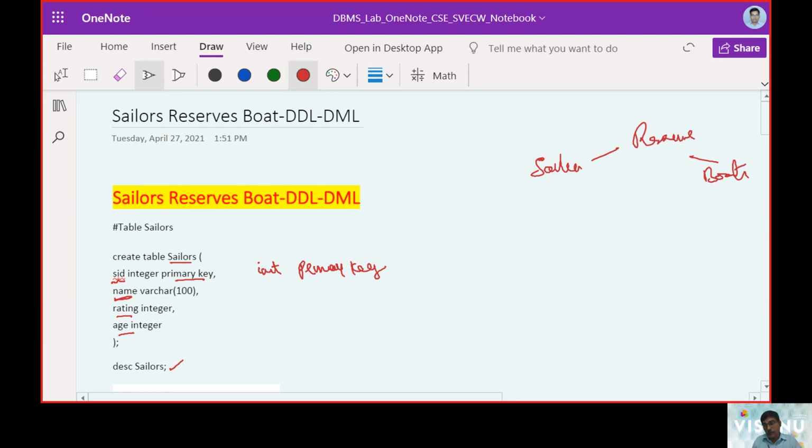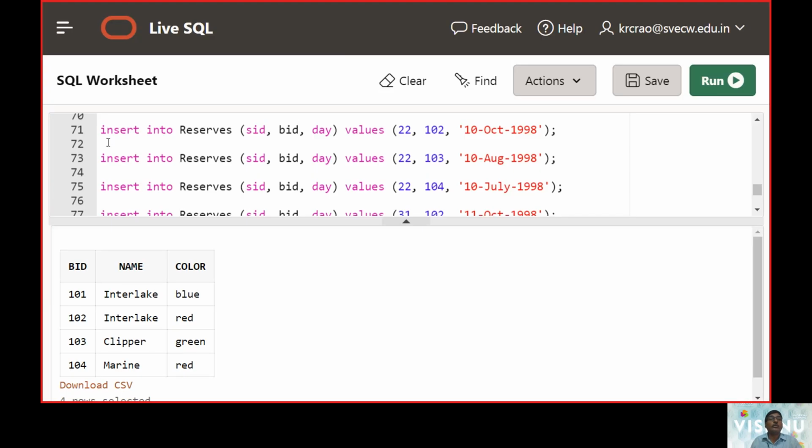So it is the Reserves table. When Reserves is created, it needs two sets of values, one as SID and another as BID. This is the basic thing we have to look at.